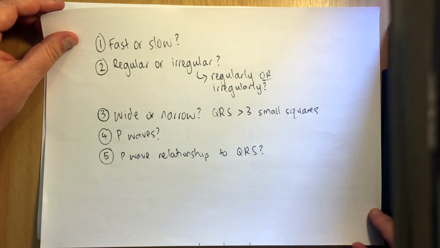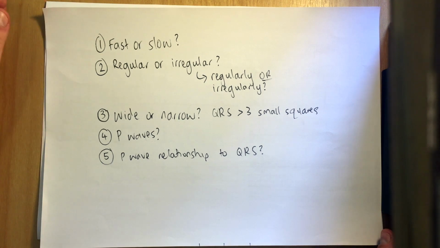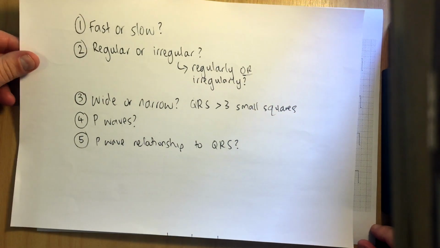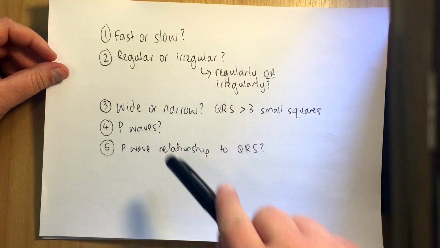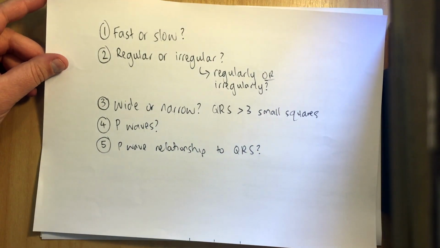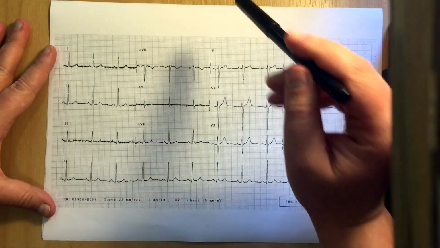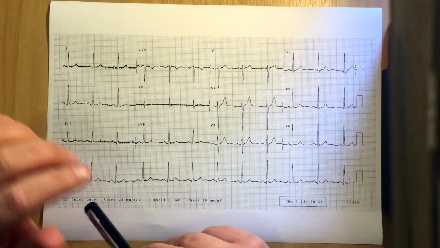So today in this video, we're going to have a talk about some of the rhythms that we need to be able to recognise. We're just going to go through this system and interpret a few rhythms together. So this is essentially a normal ECG,